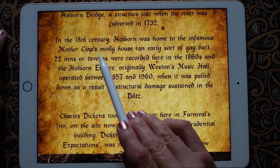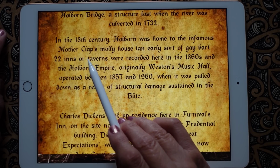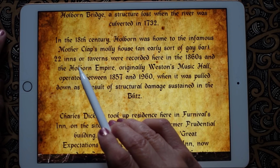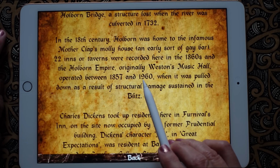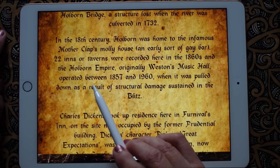In the 18th century, Holborn was home to the infamous Mother Clapp's Molly House, an early sort of gay bar. 22 inns or taverns were recorded here in the 1860s, and the Holborn Empire, originally Weston's Music Hall, operated between 1860